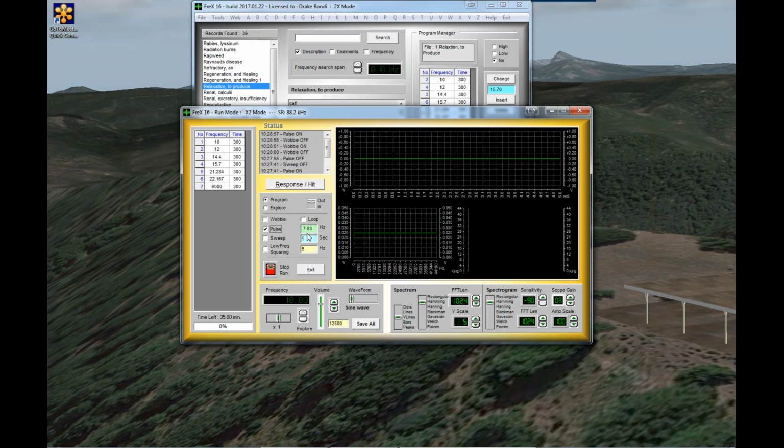This 7.83, there's all kinds of explanations for that. Some people say that that's the rate that the Earth vibrates at, or the energy field around the Earth vibrates at, or there's lots of theories to that one. But you can choose, you can have it vibrate at 10 hertz, 10 times a second, 50 hertz, 50 times a second, and what it does is